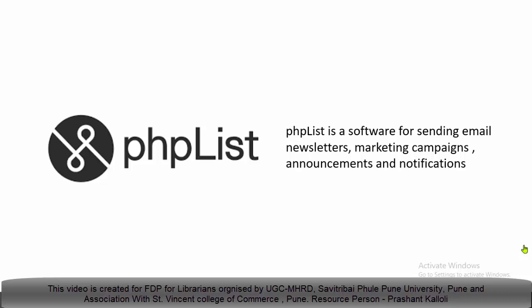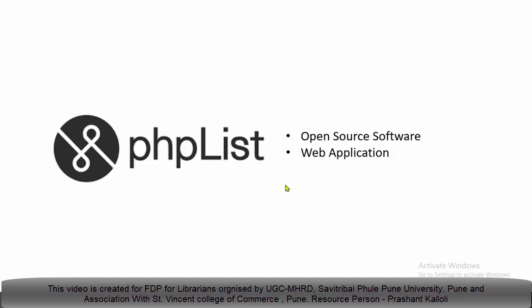It is also designed for the dissemination of information to a list of subscribers or users. phpList is free and open source software subject to the terms of the Affero General Public License, that is AGPL. It is a web-based application, which means you can install it on a server and use it remotely through a web browser, which is a great thing.